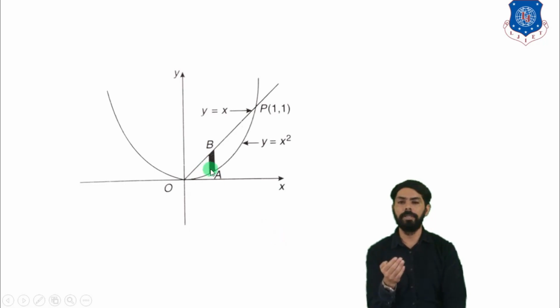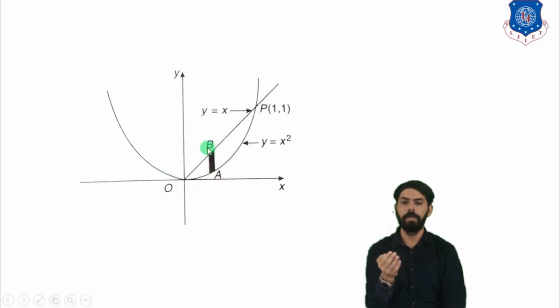Now we have to find the area enclosed by y equal to x square and y equal to x. So this is the required region. In this region we will have to draw the strip. Since we are integrating first with respect to y, then with respect to x, we will draw the strip parallel to the y-axis.